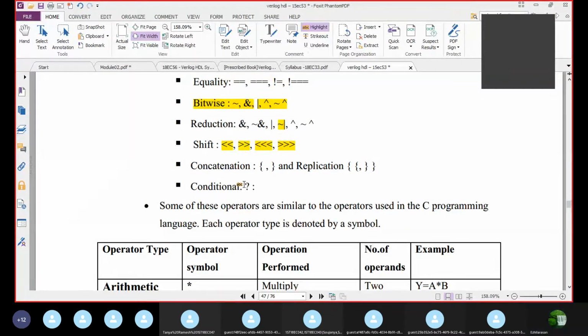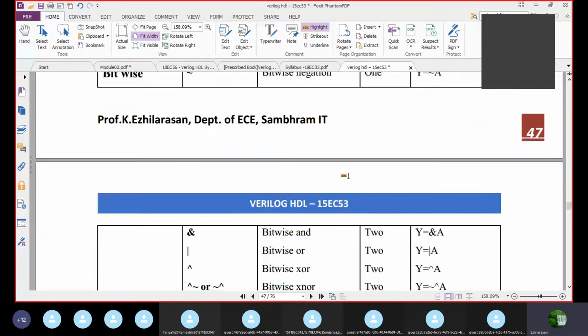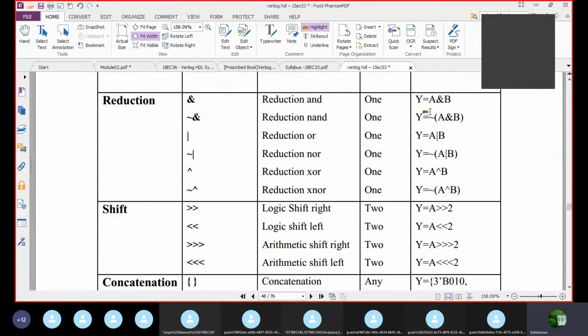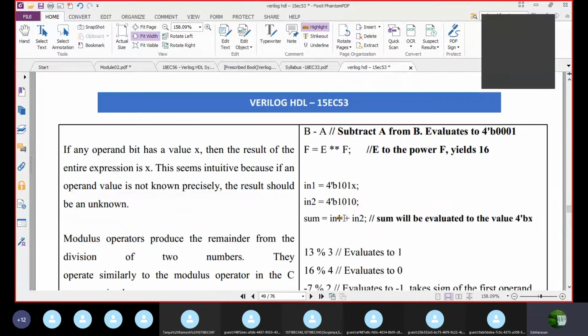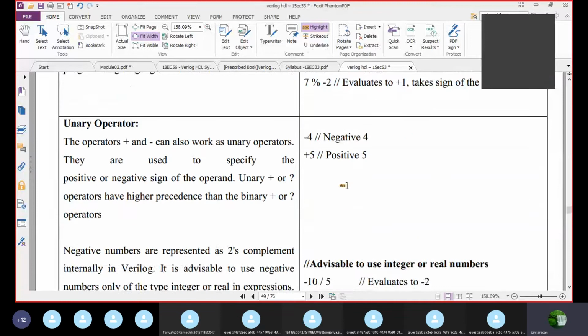See, so many examples we have given here. We go through these examples for each and every reduction. You can go through all the examples which I have given here. We even studied them in the previous class with a simple example, where we wrote so many things. Now we'll see one simple example with the operators here.